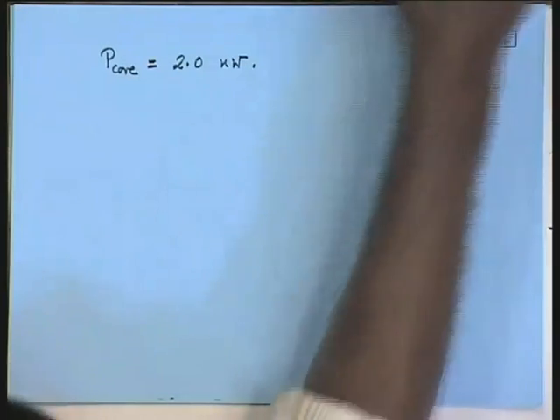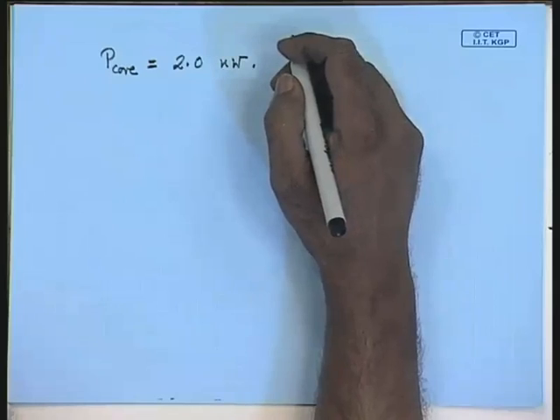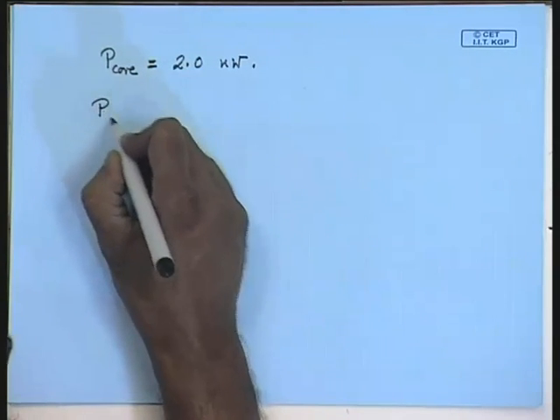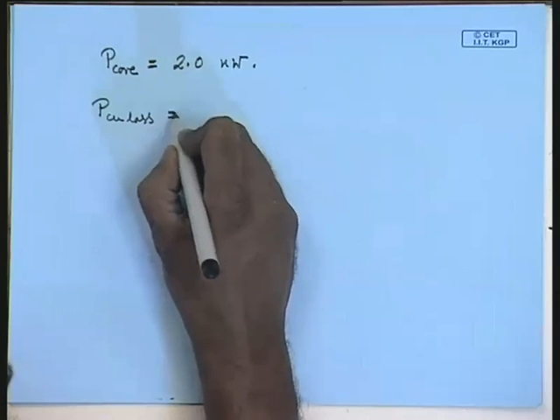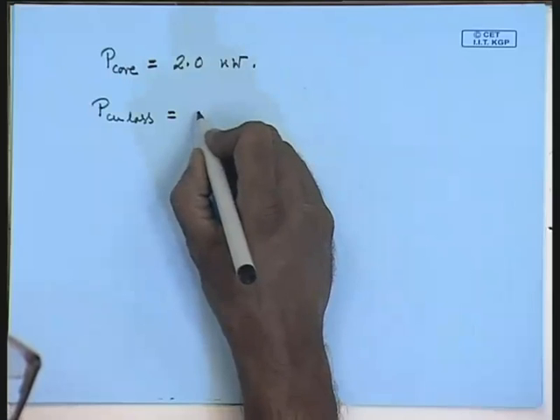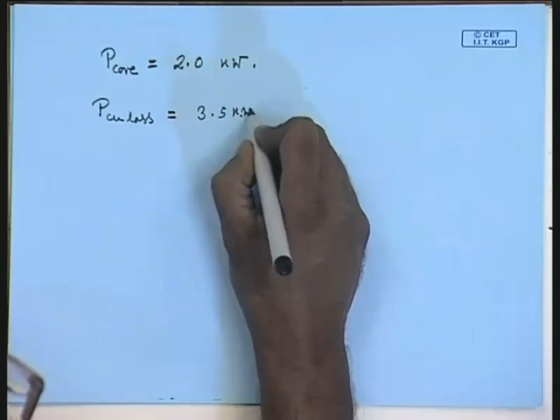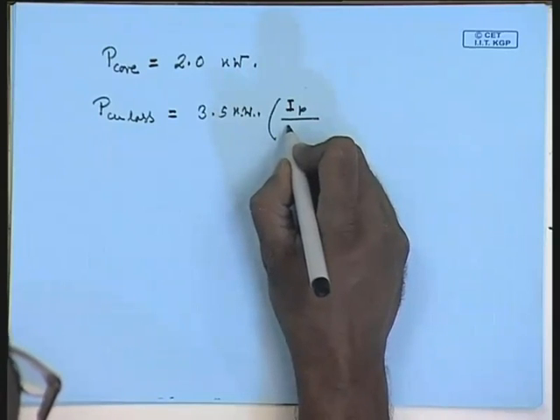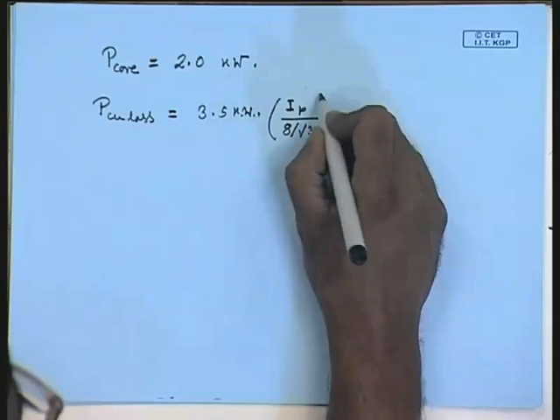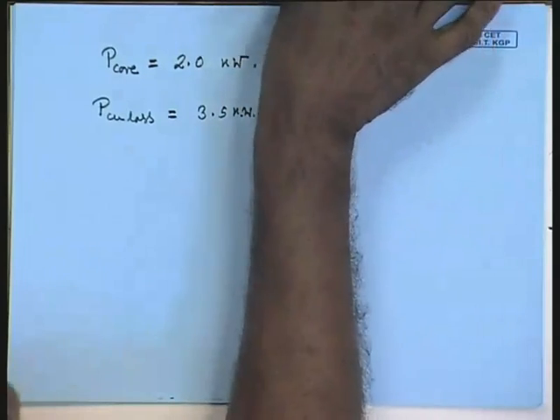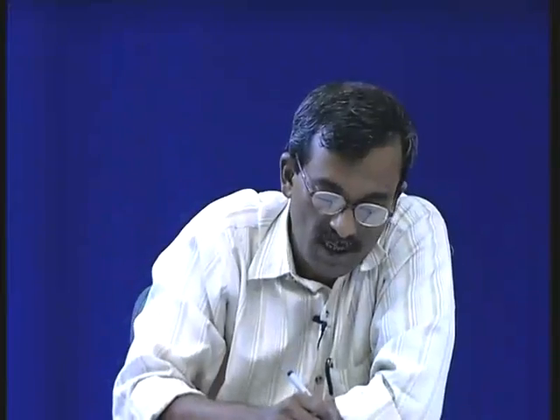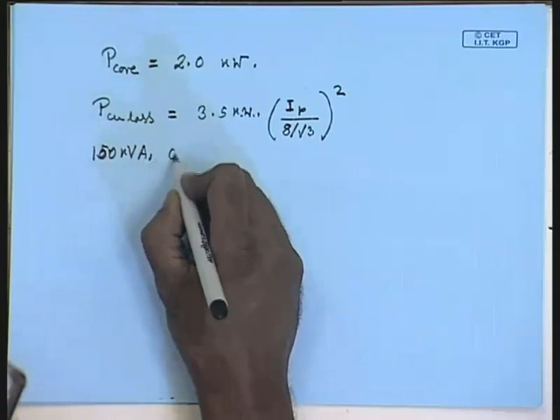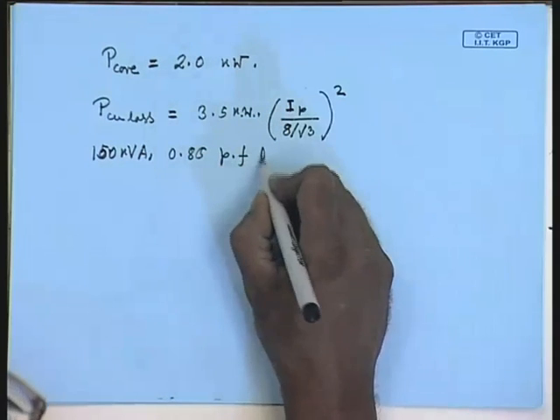Therefore, the copper loss at any operating condition is equal to 3.5 kilowatt into the load current Ip divided by 8 divided by root 3, whole square. For the particular operating condition that we have said, that is 150 kVA, which is the full load, and 0.85 pf lagging load,